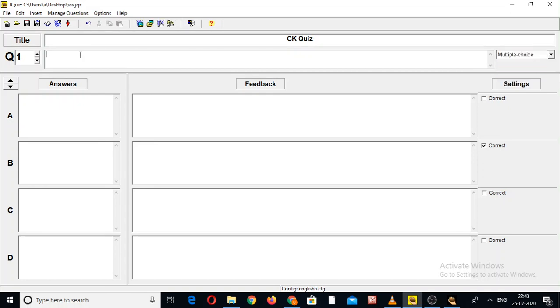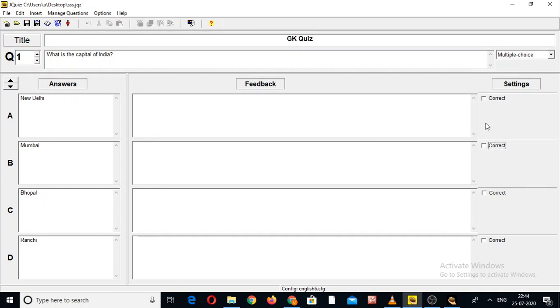Suppose for question number 1 we take very basic questions. Question number 1 is, what is the capital of India? This is my question, and the 4 options are New Delhi and others. So these are 4 options from my side, and the right answer is of course New Delhi.